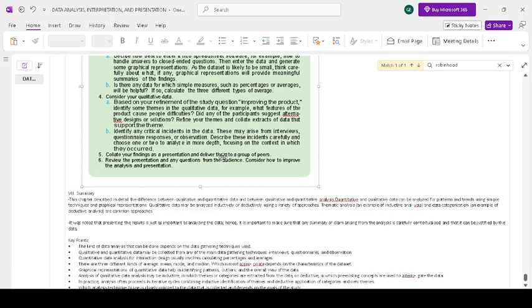So identify any critical incidents in the data. These may arise from interviews, questionnaires, responses, or observations. Describe these incidents carefully and choose one or two to analyze in more depth, focusing on the context in which they occurred. Collate your findings and